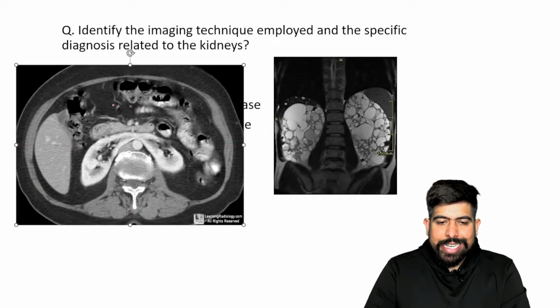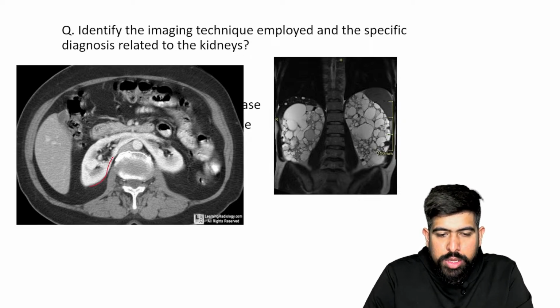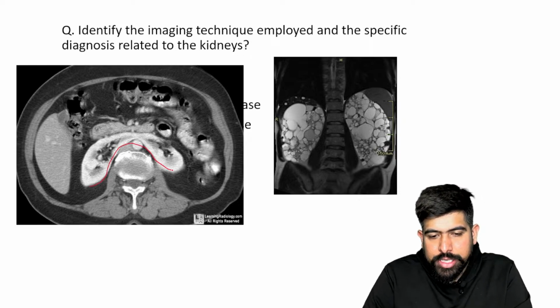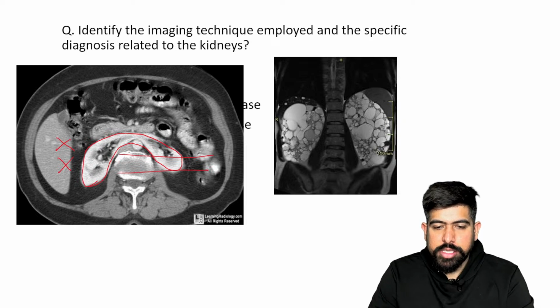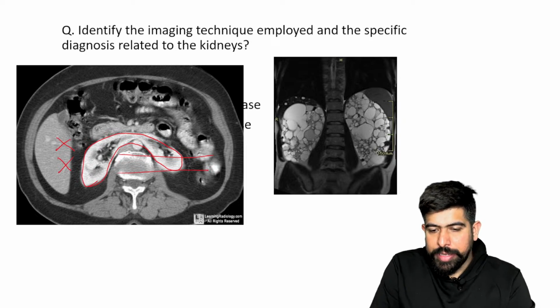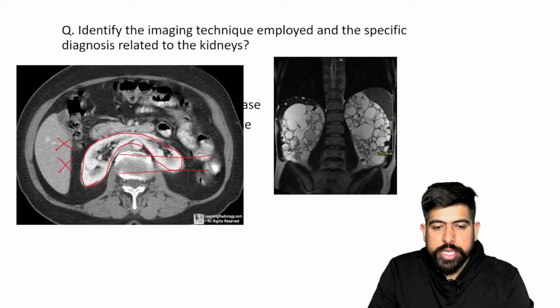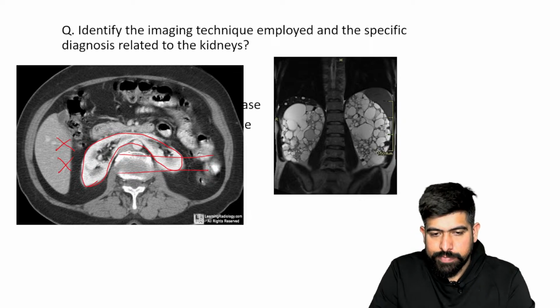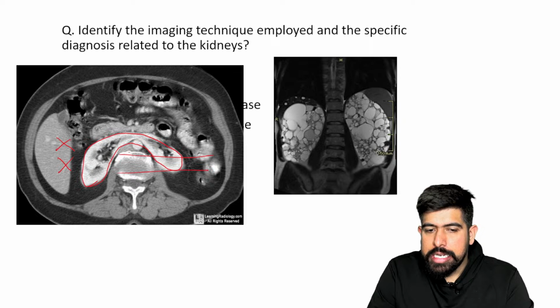So you can see this radiological image. You can see that both kidneys are attached here. Can you check out this image? Yes, you can make the clear diagnosis. This is not the horseshoe kidney. So what is this? This is your polycystic kidney disease. What is the answer? Polycystic kidney disease.